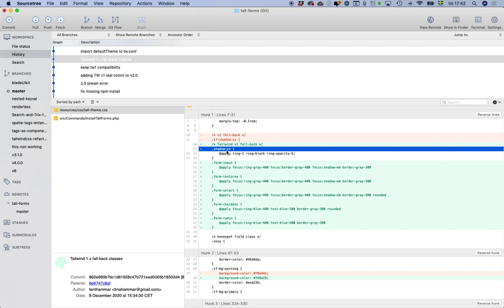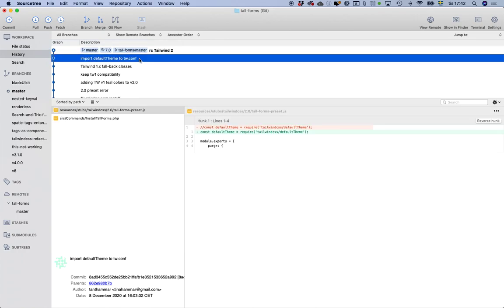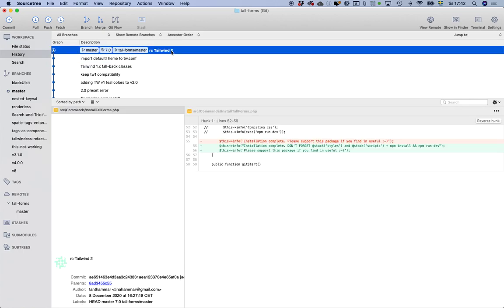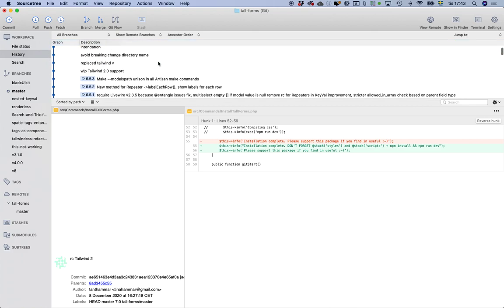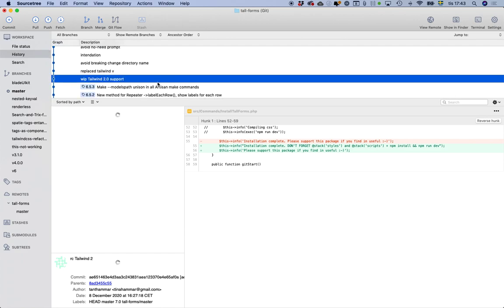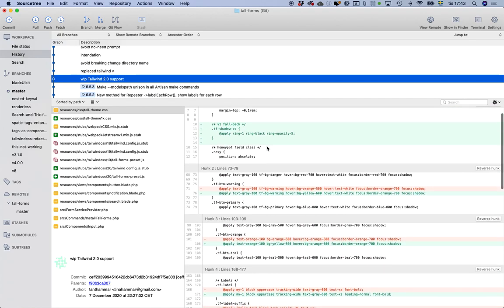Also, shadow xs was removed in Tailwind 2.0, so I added it here. It's really hard to say Tailwind 2.0. Okay, I'll get there. That was just some end-of-line things in the stub. Here is also just the, I was really messing around with installation command. So that's all. That's just the changes. So the most important one is like everything is in the theme. There's nothing else for you to worry about. If you want to upgrade,